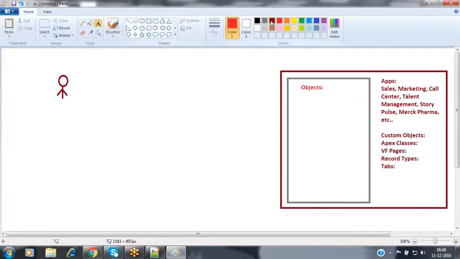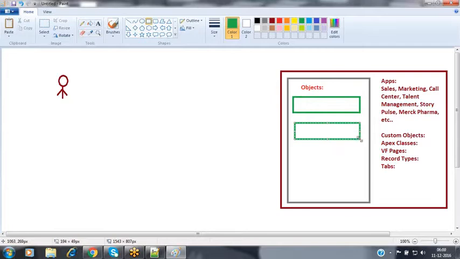Here I have an account object, my custom object, my opportunity object, and other custom objects are also available.